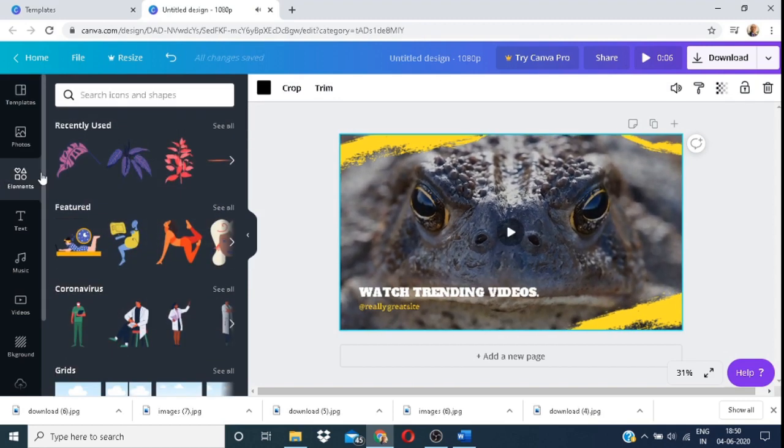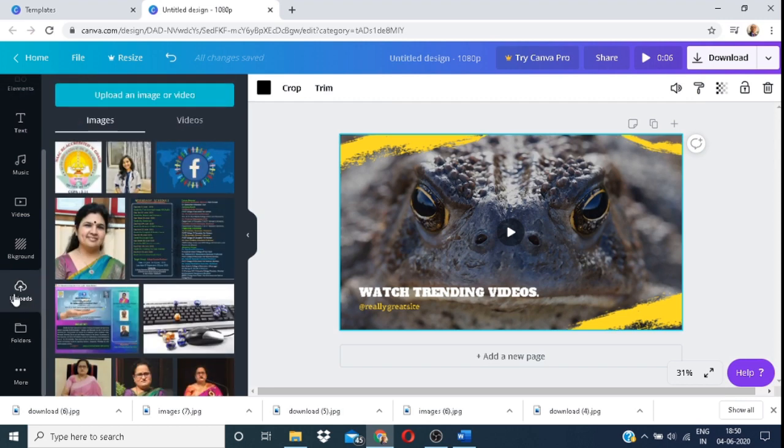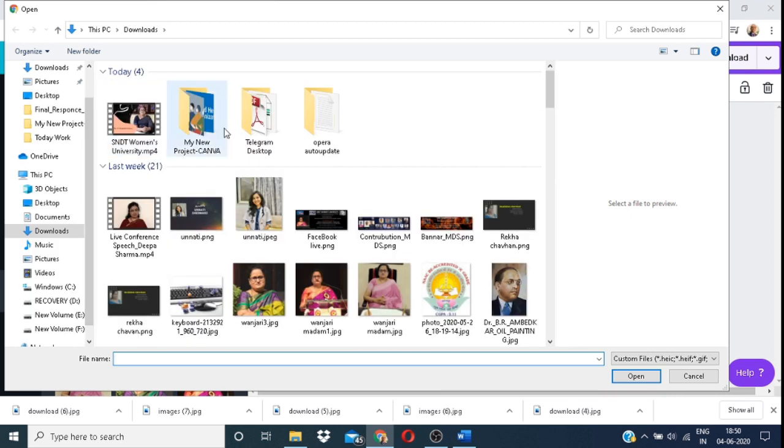Today I am going to take a topic which is very essential for all of us, for every single citizen of India and abroad, that is the COVID-19 or Corona pandemic. So let us start with the project. I am going to upload an image that I have already stored in my device.